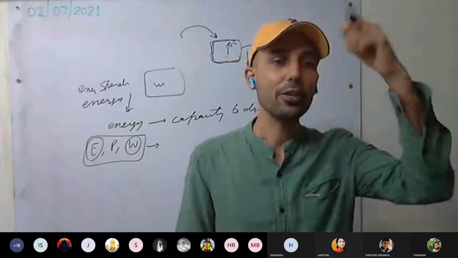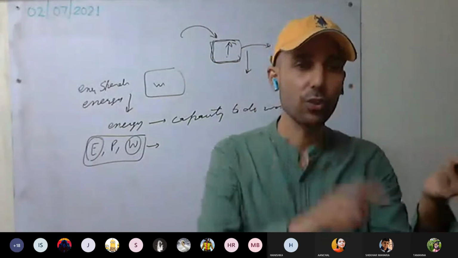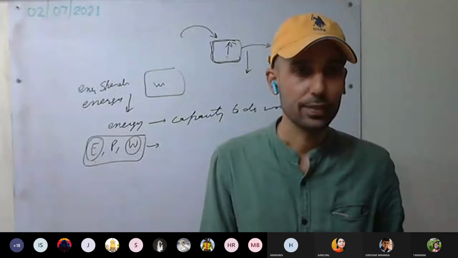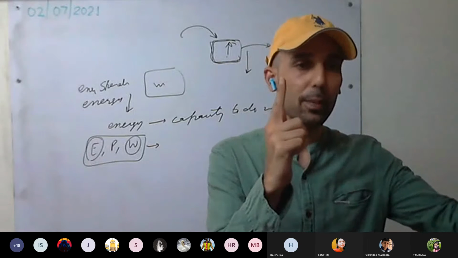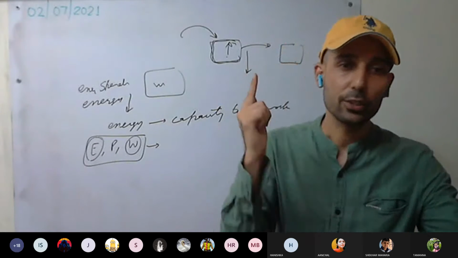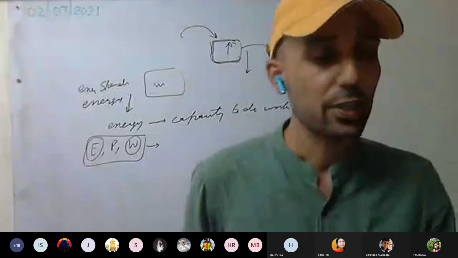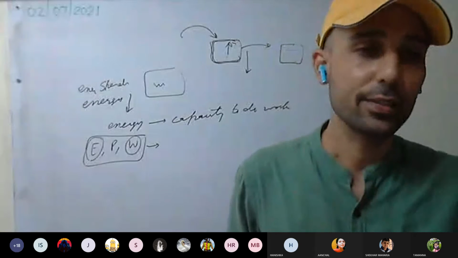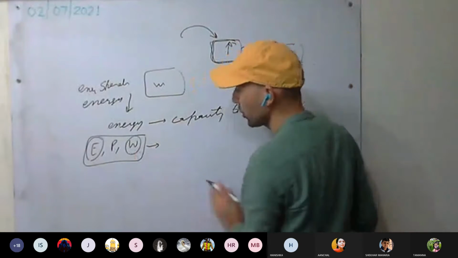So whenever you are wheeling a stone, work done by the stone will be 0, since the centripetal force is in a perpendicular direction to the displacement. So whenever work done is 0, energy will be 0. The unit of energy will be the same as the unit of work done.